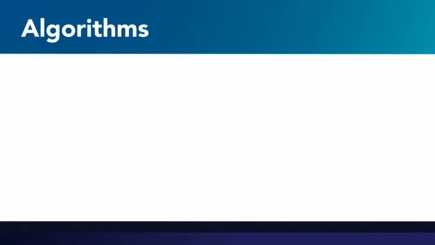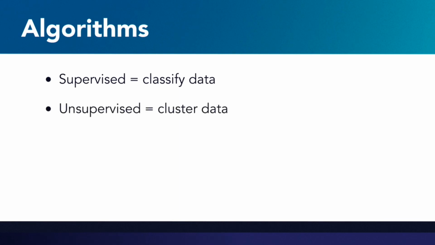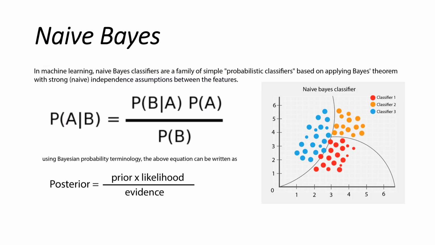You've seen that supervised machine learning algorithms can classify your data. Unsupervised machine learning algorithms can cluster your data. Now let's look at an entirely different set of algorithms based on conditional probability. Say you're looking to see how one thing impacts the probability of another thing happening. The most popular algorithm for this type of analysis is called the Bayesian algorithm based on the Bayes theory of